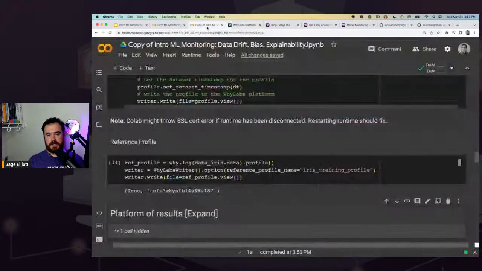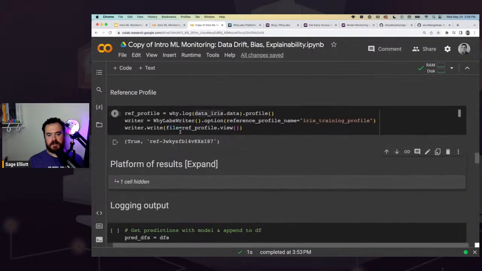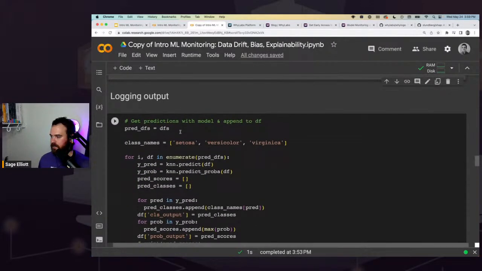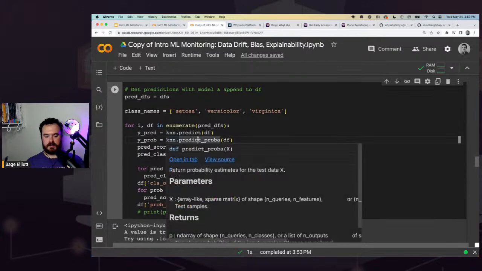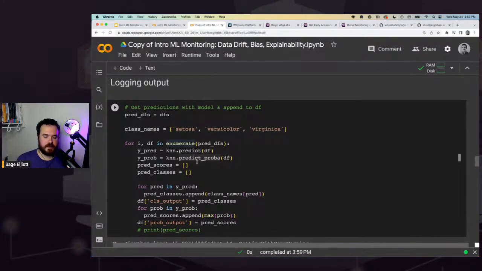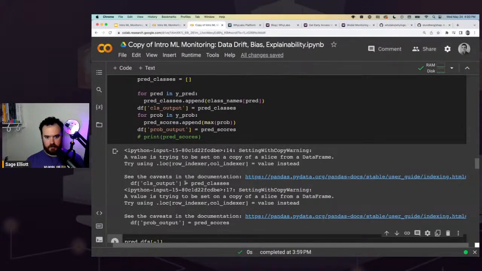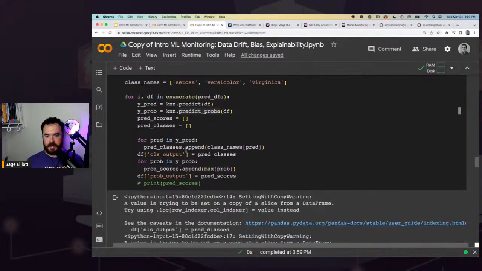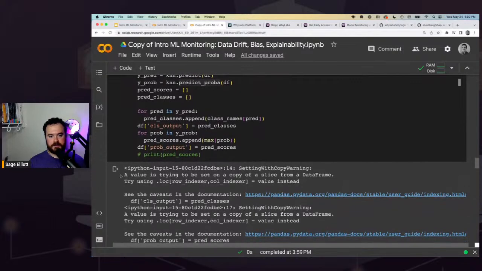So I'm going to go back and keep going here. Someone said they had an error in this part in the code cell. So let me see. I'm going to go ahead and run this next part. All I'm doing here is running each day of those data frames into our model. So I'm going to get our prediction scores, the class prediction and then the probability output. So basically it's going to say, I think this is versicolor, et cetera, and I'm 80% confident that that is the case. I got a little warning here, I think because I didn't do something super efficient in pandas, but not the error that someone else was mentioning.